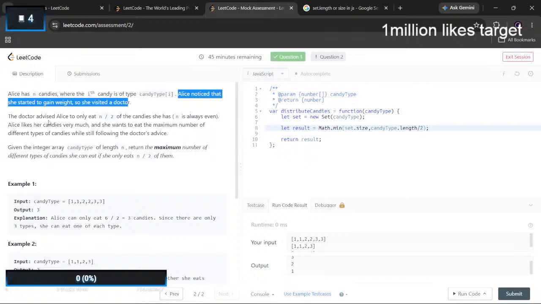She wants to eat the maximum number of different types of candies while still following the doctor's advice. If the doctor has advised you to not eat, then you shouldn't eat. Why do I need to do this?